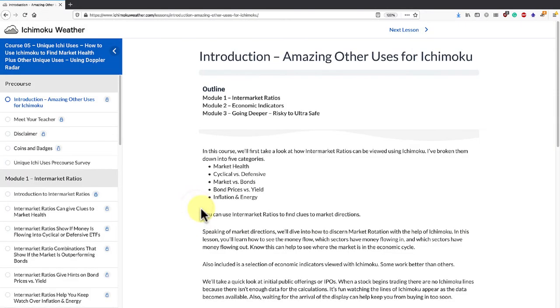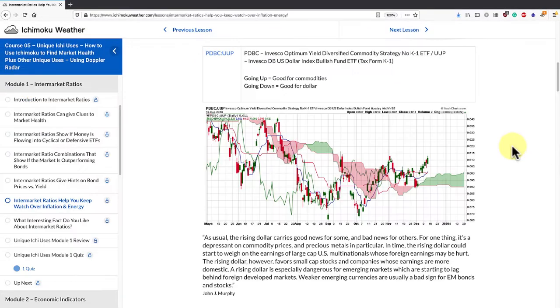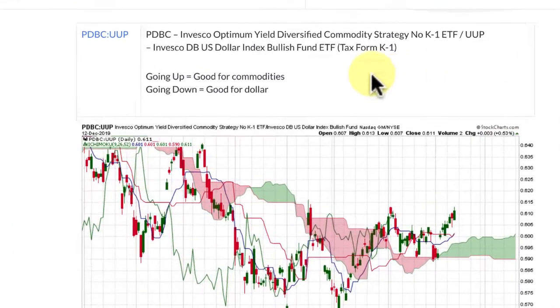Within Module 1, we do take a look at intermarket ratios that can help you understand what's going on with market health, cyclical versus defensive, market versus bonds, bond prices versus yield, and inflation versus energy. We're going to be taking a look at a few of the charts in inflation and energy. In this lesson on intermarket ratios, we are looking at the commodity ETF